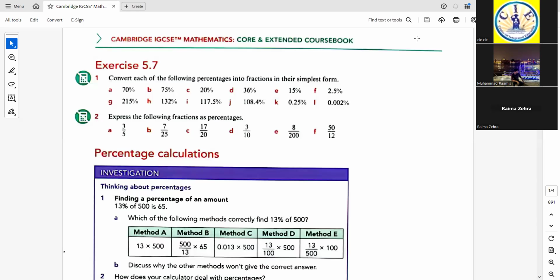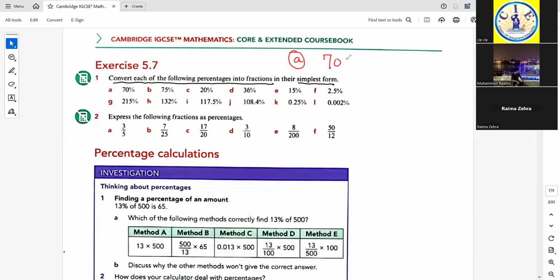Now in this exercise, we are going to start something about percentages. Convert each of the following percentages into fractions in their simplest form. So we need to convert percentages into fractions. 70%. Whenever there is a concept of percent,